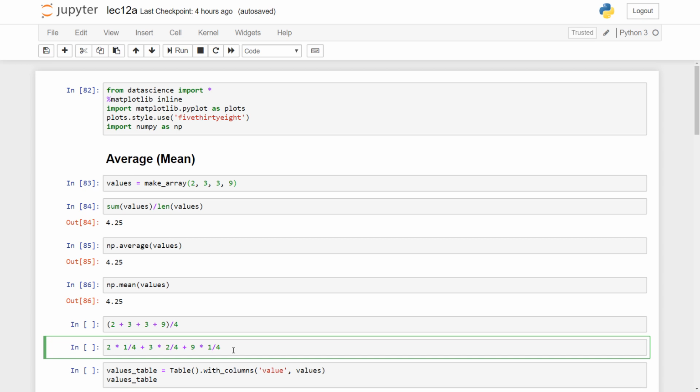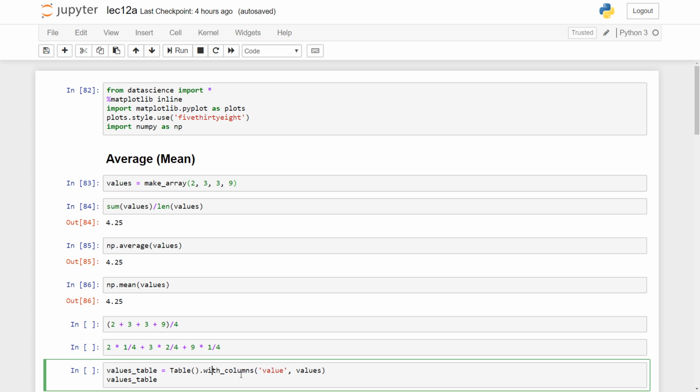That means that the mean depends only on the distribution of the distinct values. If I know for each distinct value how many times it appeared in the array, or the proportion of its appearance in the array, then I can compute the mean. That also means that any array of values that have the same distribution, and of course the same distinct values, like the one that we are talking about here, will have the same mean. Let's see that in an example. Let's put these values in a table.